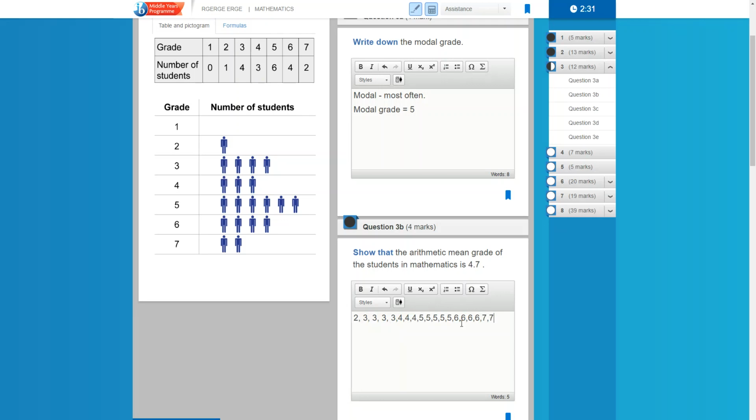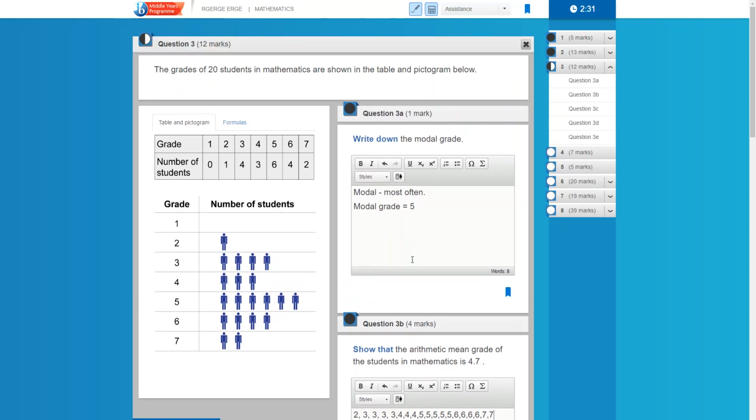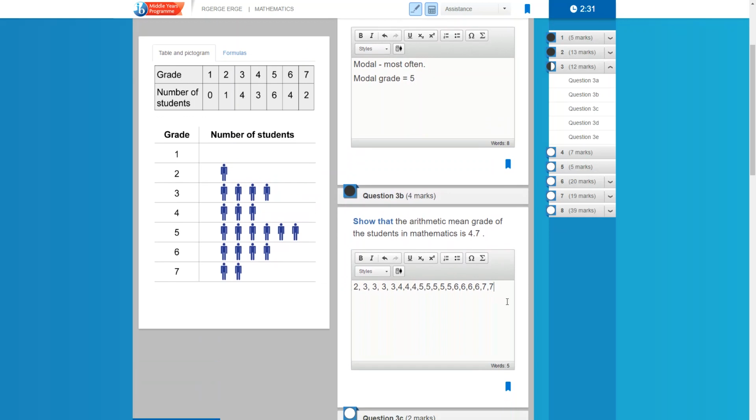So I can see straight away here, okay, these are all the grades of the students in the class. If I want to find the arithmetic mean, I have to add them up and divide by the total number of students, and there is 20. Okay, so I can either add those all up, divide by 20, and show that it's 4.7, or I can also do it